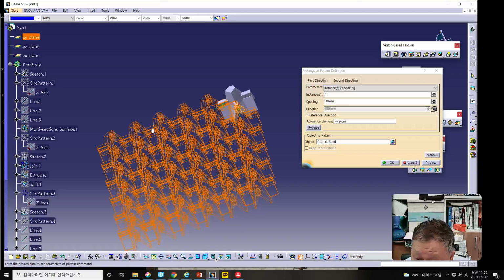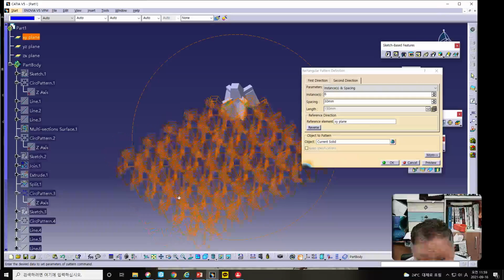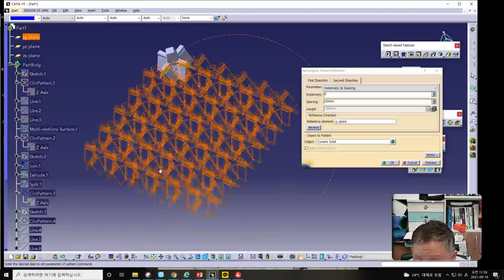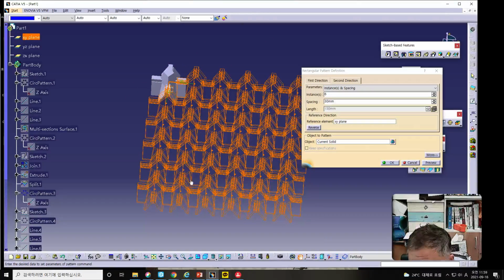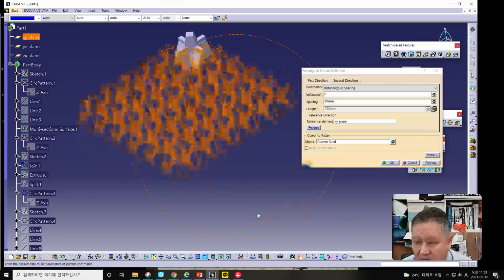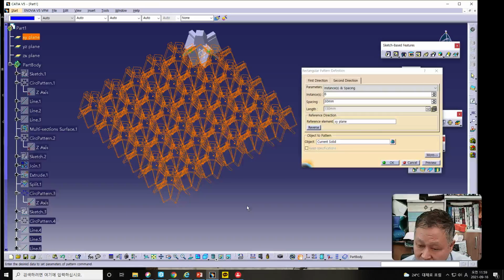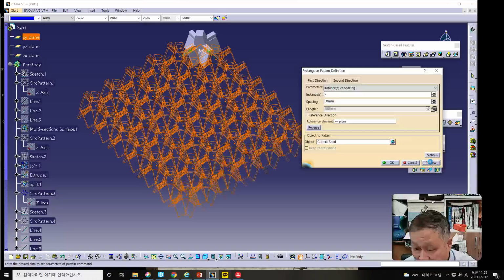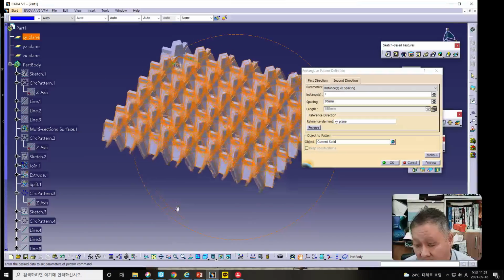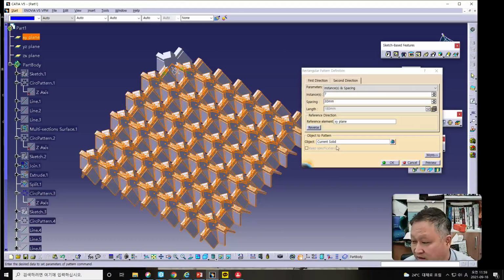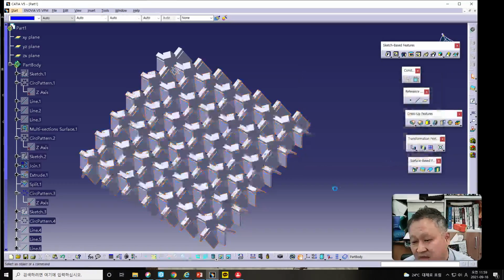Therefore, 1 2 3 4 5, and in this case 1 2 3 4 5, maybe 5 by 5. Therefore, one case should be placed in 7, I think. If you enhance this and click OK, then maybe